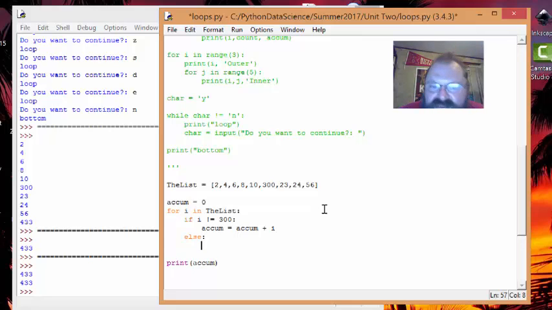Now, if that condition is false, that means it's 300. And if that's the case, it means we found the sentinel. It means we've gotten to the point that we're looking for. We're looking for that every time through. So what do we want to do? We want to stop. We want to get out of this loop. And there's a way you can do it. There's a keyword